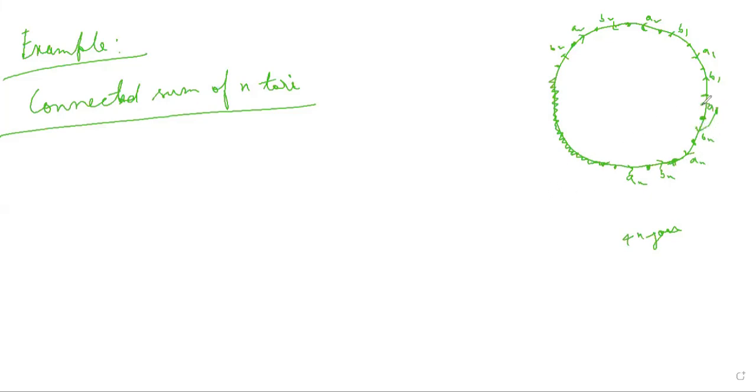So what you will do is take this portion A1 from here to here and zoom it. So this is A1.